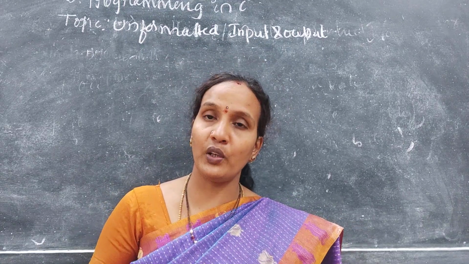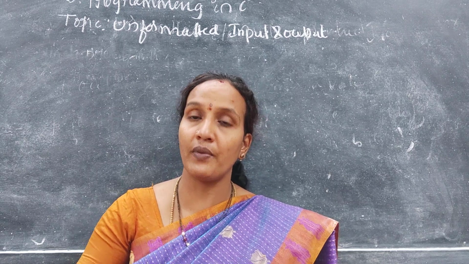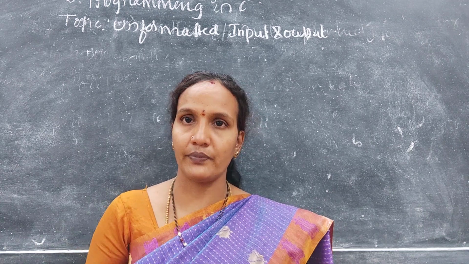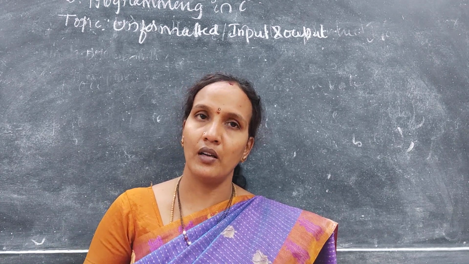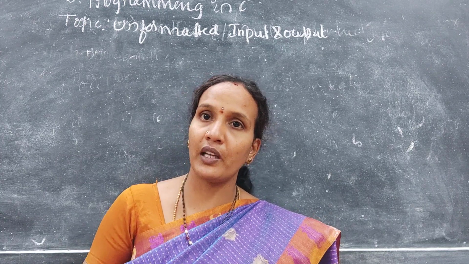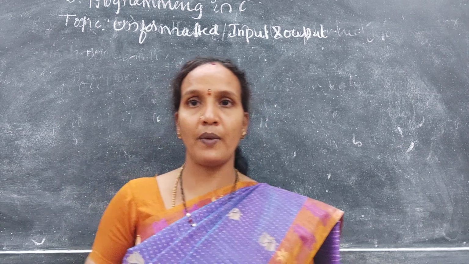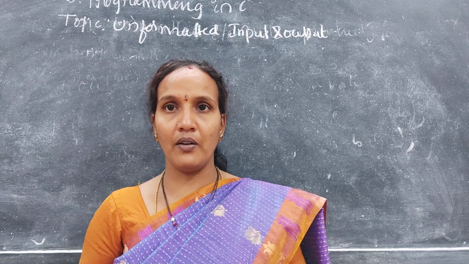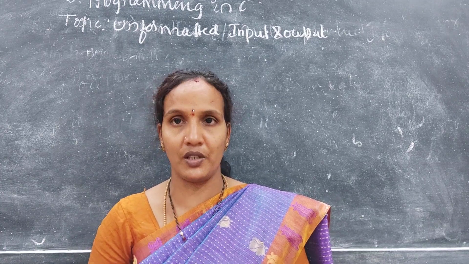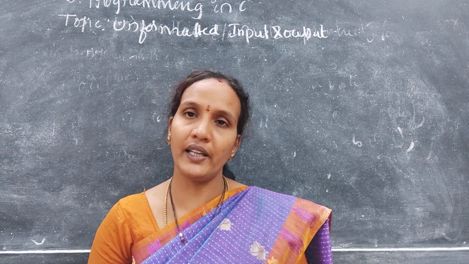In case of formatted we used to convert, but here in unformatted, whatever input the user is giving, as it is, that is converted into the binary format. Means there is no further conversion. Type conversion is there in formatted, where we use the format specifier. Unformatted means where we are not using a format specifier. We use a format specifier when we need a further type conversion. But in unformatted input and output, we need no conversion.